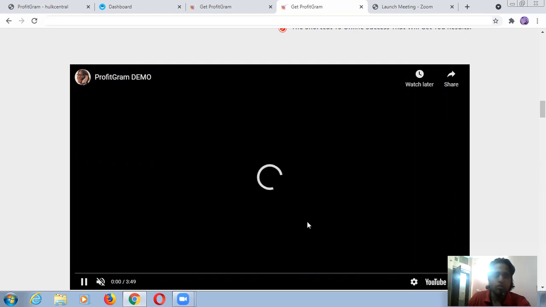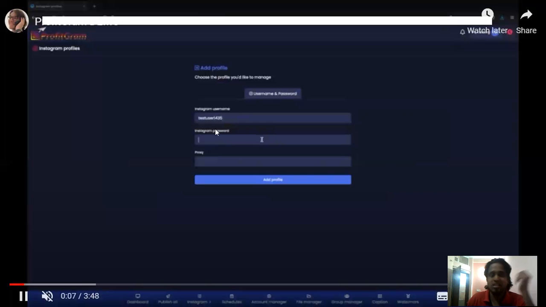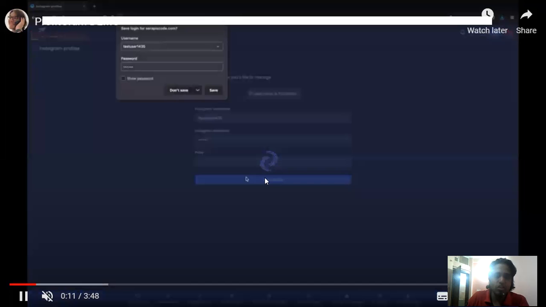So how you actually have to import your Instagram account is just like this. Put in your Instagram username, and just add your profile. It will take a little bit of time, and later you will be able to add your profile. After adding your profile, you will start getting all types of functions like direct message, even if you don't have contacts and followers and many things.